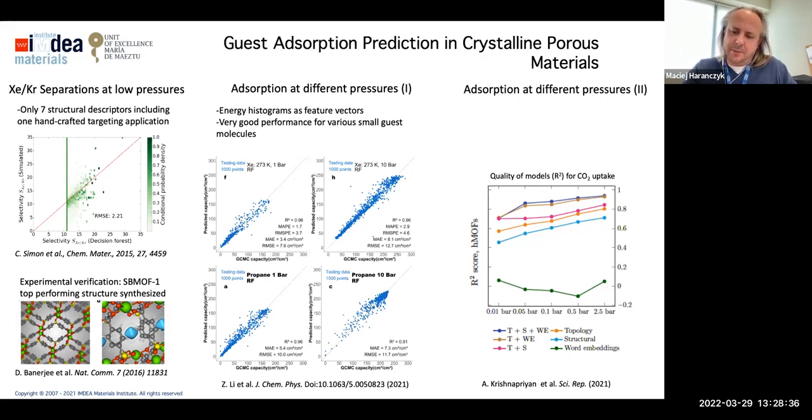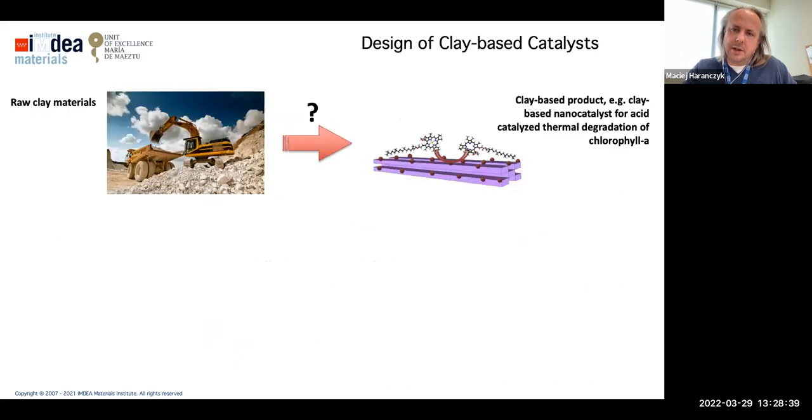part of my work. So right now I'd like to highlight another application that is related to experimental data. So this is switching, and I will show you some results that we obtained in collaboration with Tulsa company. Tulsa is a mining company that basically excavates clay materials. And in this project, we are thinking about how we can convert those raw clay materials into higher value materials. In particular, we're looking for nanocatalysts for acid-base decomposition of organic dyes, and we use chlorophyll as an example.